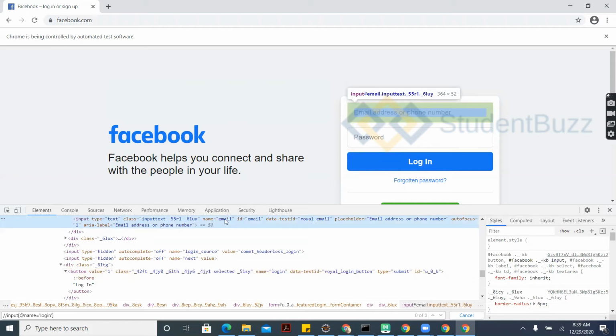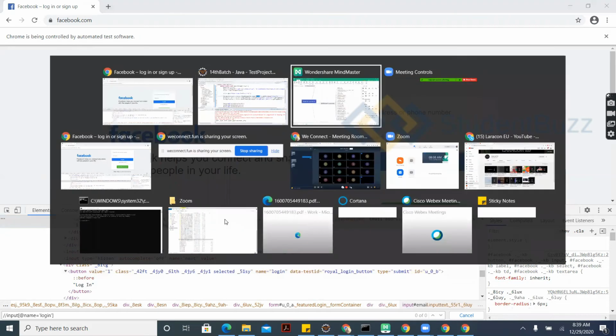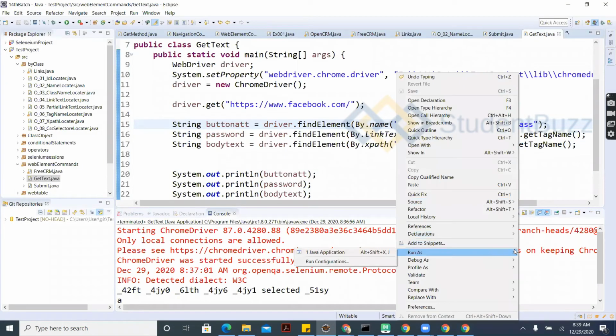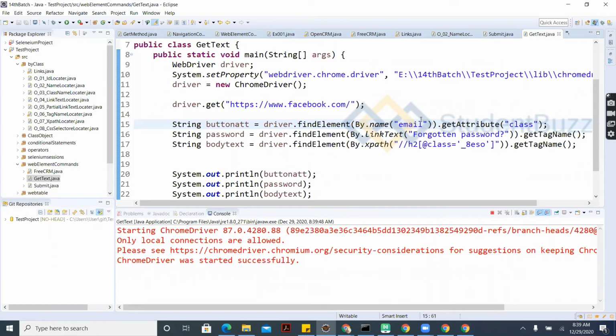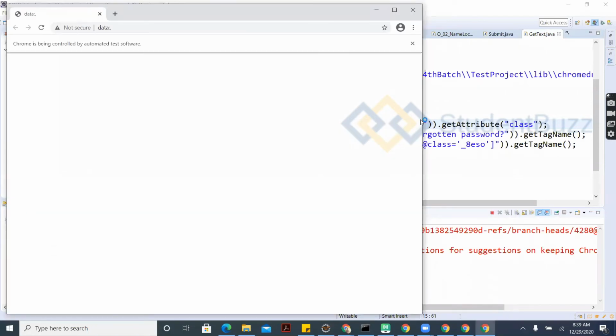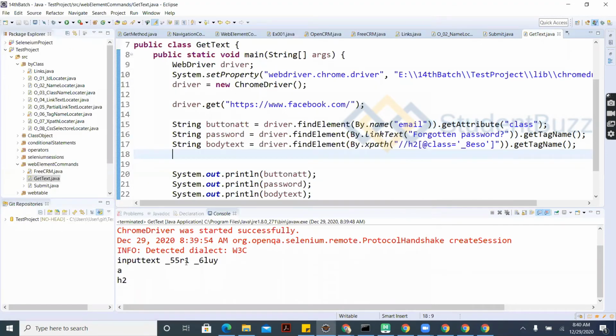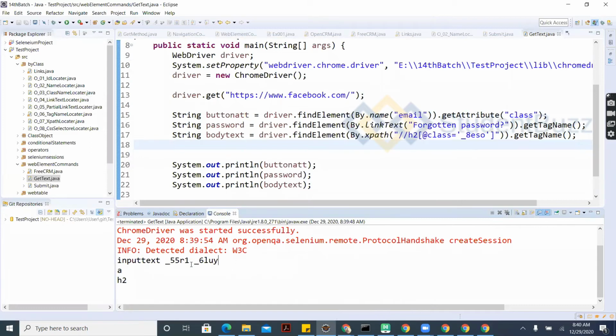If I give here, this name is email, it's different. So get attribute is going to return the attribute value. Whatever attribute you give, whatever value is inside this attribute, it will return that particular attribute. Input text. Okay, it's like this.